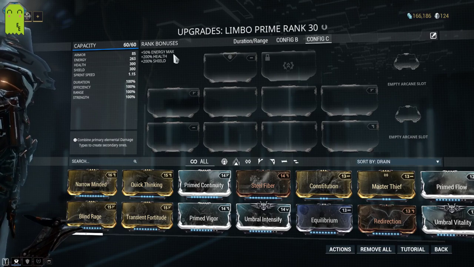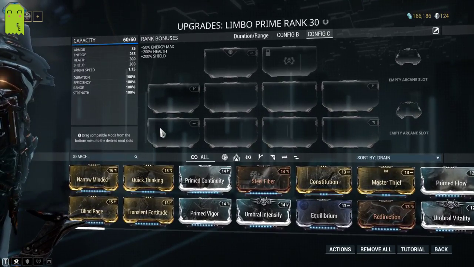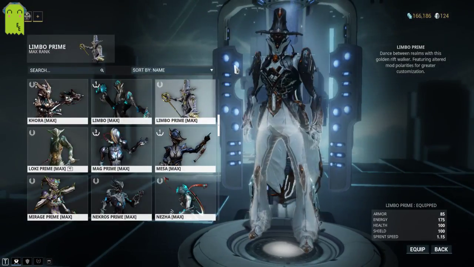So this is Limbo Prime's basic layout. You have a dash polarity for the aura, 2 V polarities, a dash polarity, and a D polarity over here. Now Limbo himself,